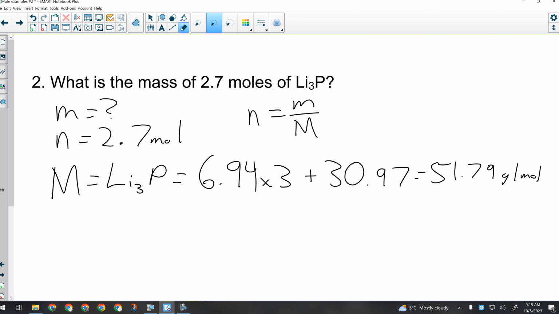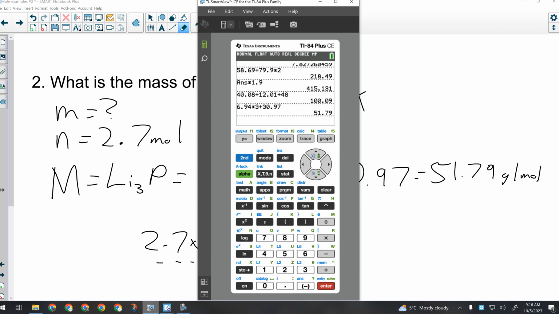So that means we will have to manipulate so that we are isolating little m. That manipulation is to multiply both sides by big M so that we get that formula. And then we plug in our numbers, 2.7 moles times 51.79 grams per mole. Okay, and what we're really doing here is saying this is the mass of 1 mole and multiplying it by the number of moles we have. Okay, so times 2.7,